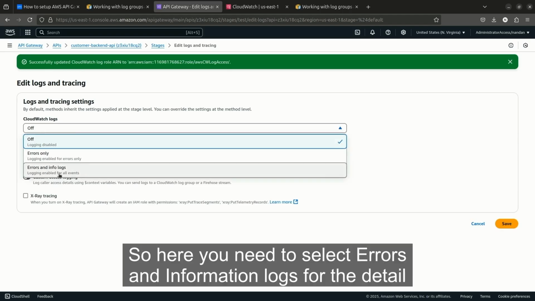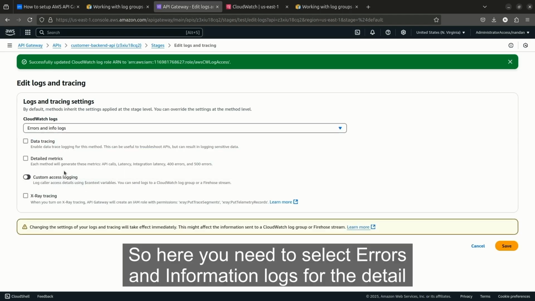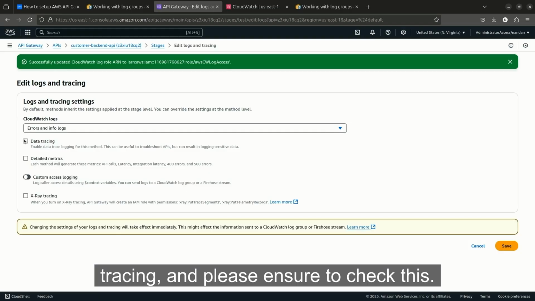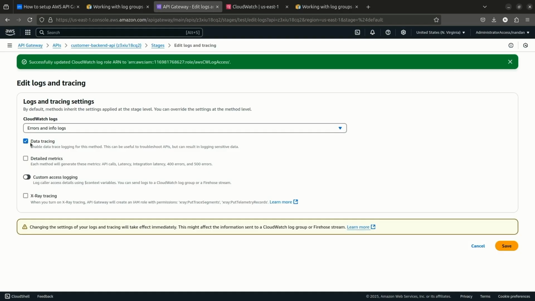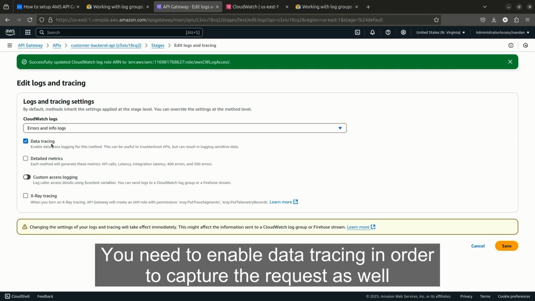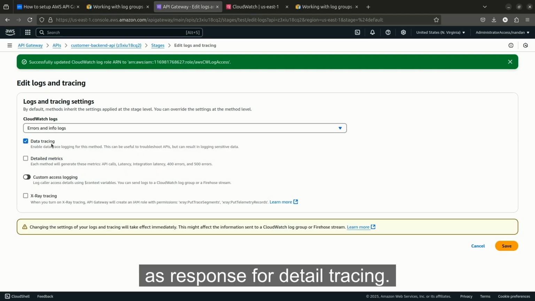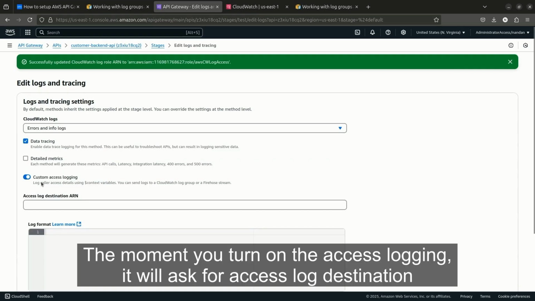So here you need to select errors and information logs for the detailed tracing, and please ensure to check this. You need to enable data tracing in order to capture the request as well as response for detailed tracing. Turn on the access logging. The moment you turn on the access logging, it will ask for access log destination ARN as well as the